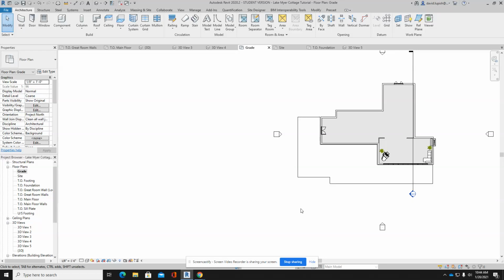Hello, this is a tutorial on how to add a ramp to your Lake Meyer cottage project. You'll notice here on my screen, I'm on my current grade level floor plan. That's the level that you want to be working on to create the ramp for the exterior deck. You'll also notice in the corner of my design here that I've cut out a spot for my ramp to